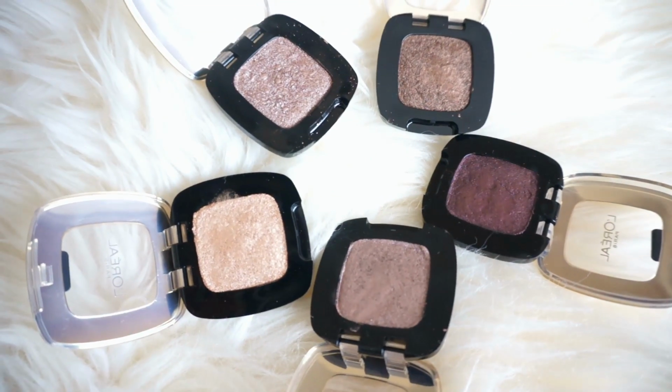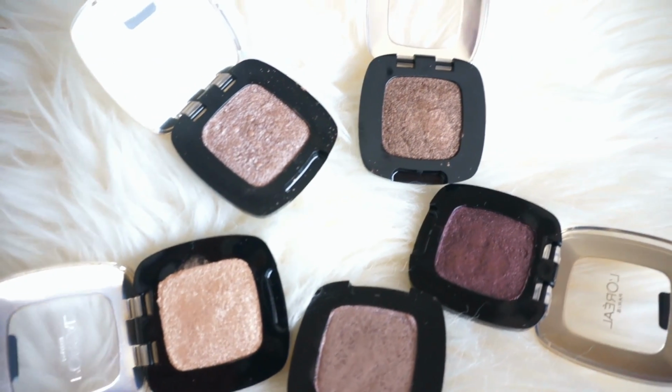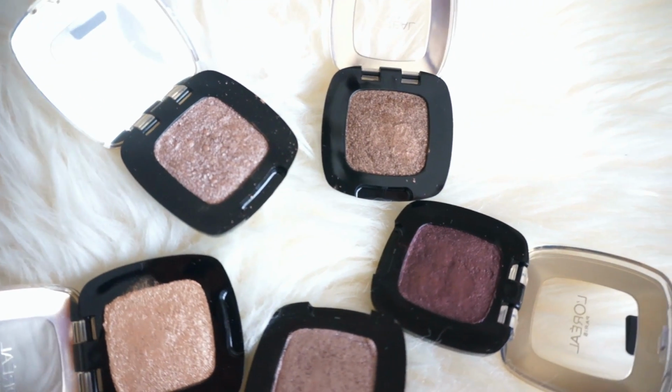Eyeshadow wise, I have to give it to L'Oreal this year. They have come out with their Color Riche L'Ombre collection, and I have been loving these all year round. They have such great colour payoffs and pigmentation, and the texture of these is great, just really satiny and velvety and creamy as well for a pressed powder